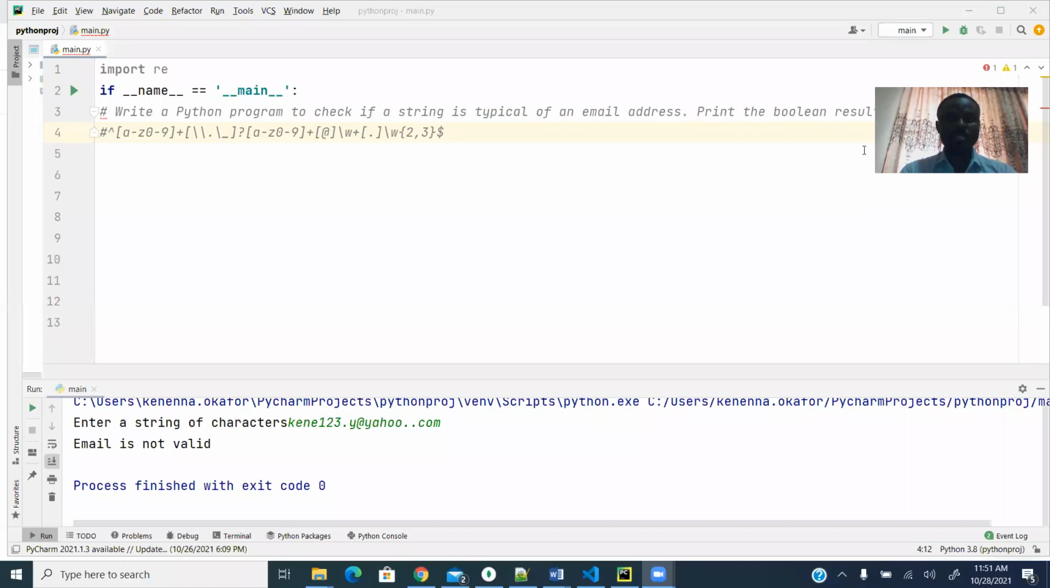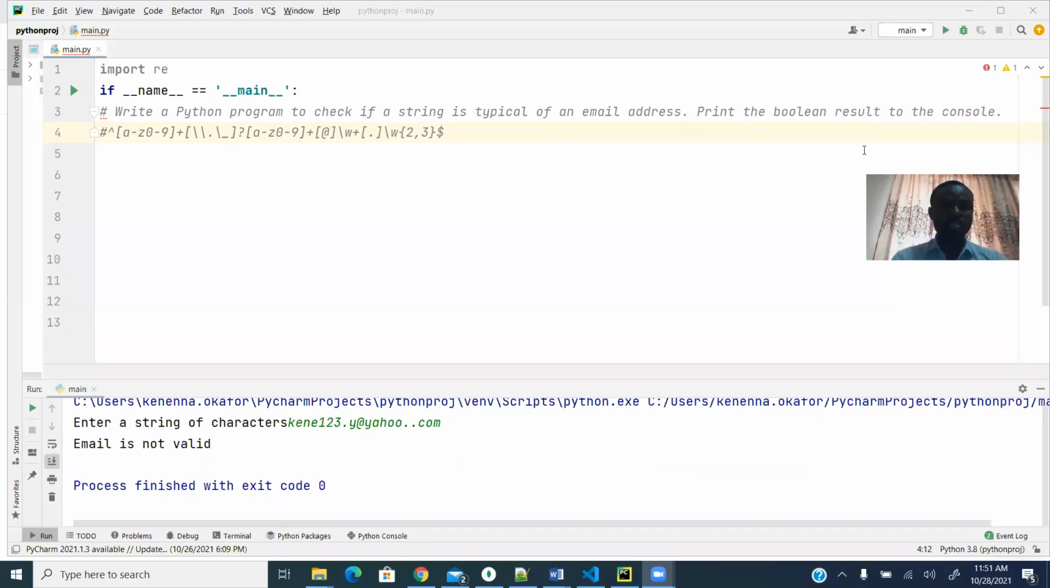All right. So guys, let's consider this question here. Write a Python program to check if a string is typical of an email address. I'm using the word typical because there might be variants that are not commonly associated with that format of an email address. That which is typical is what we're concerned with today. Then print the Boolean result to the console. Just something as simple as that. So let's begin